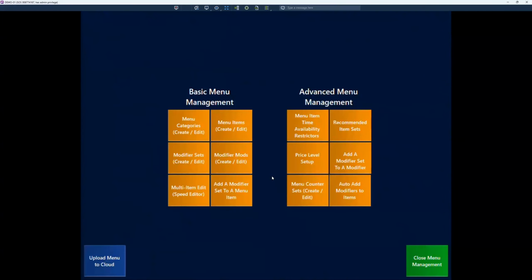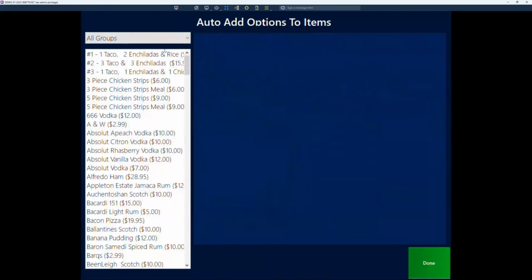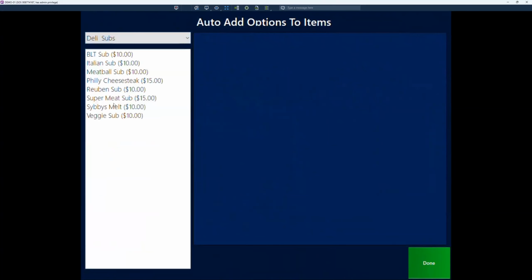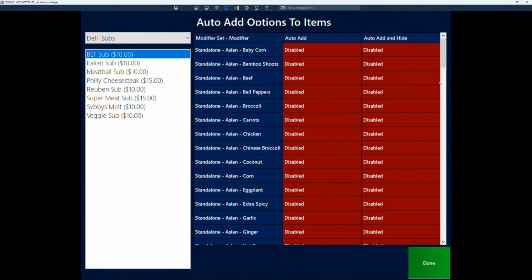Since we're talking about the auto add modifiers, I'll go ahead and show you the advanced function here. So we have the auto add modifiers to items. You would select the item on the right hand side. I'll show you with those deli subs. Earlier we were looking at that BLT sub. When we ring it up, a lot of the